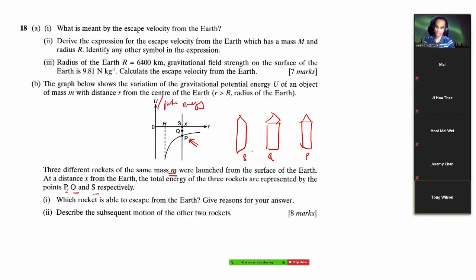Wait, let me see this. Is it S? Yes, correct. It's S because